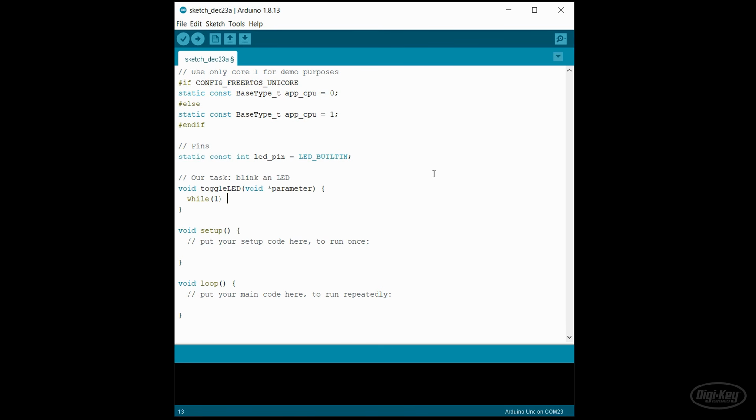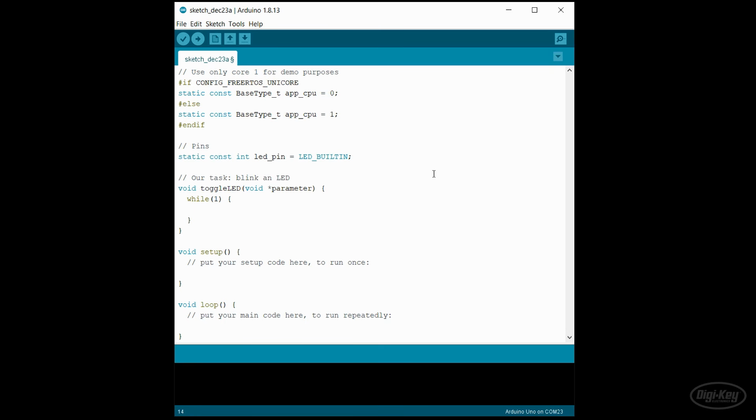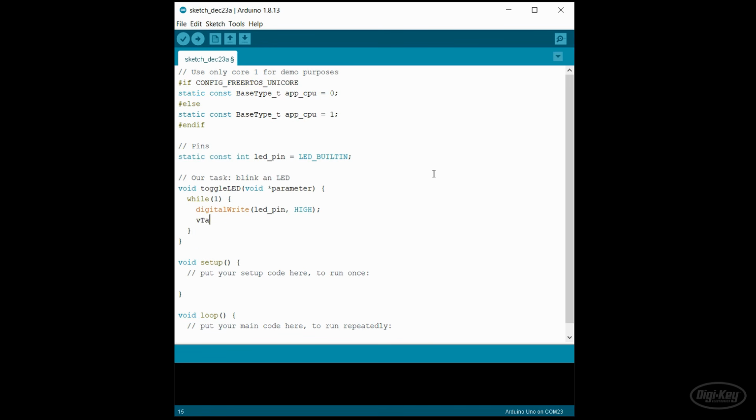You can do any setup you might need here, but for this demo, let's move straight into the while true loop. If you've ever made a Blinky program with Arduino before, this should look very familiar. We turn the LED on for 500 milliseconds and then turn it off for 500 milliseconds. I believe that the Arduino delay function works in ESP32 as a non-blocking wait, but I would not get in the habit of using it.